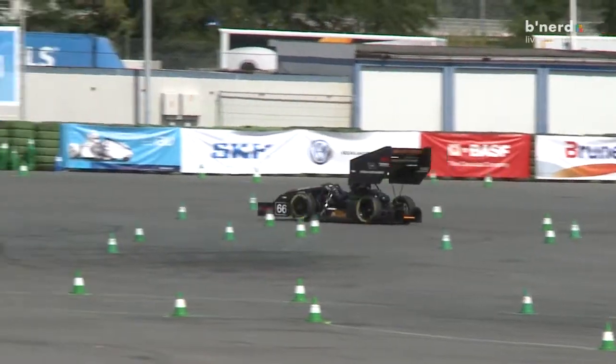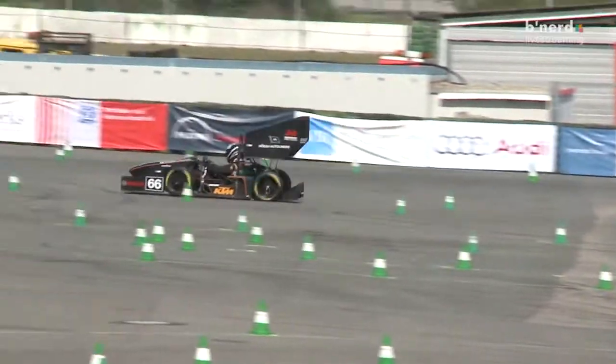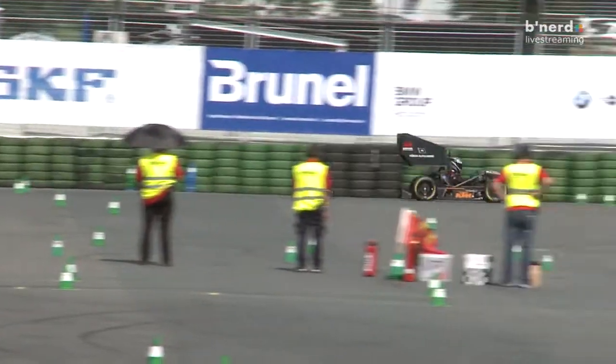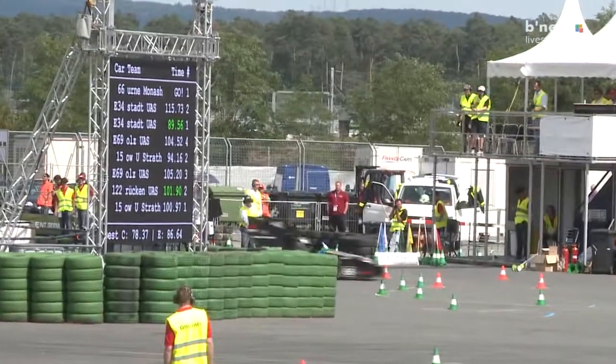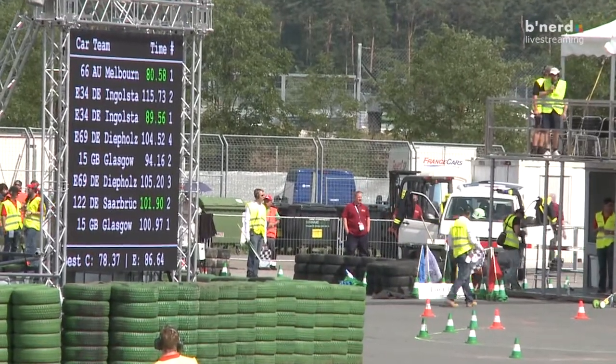Finishing up on the last straight, braking nice and early, very nicely come around there, and going straight through. Let's have the time, and that's at 85.8. So I think we've got a competitor here, RIT. So RIT, if you're watching, Monash University, you've really got a